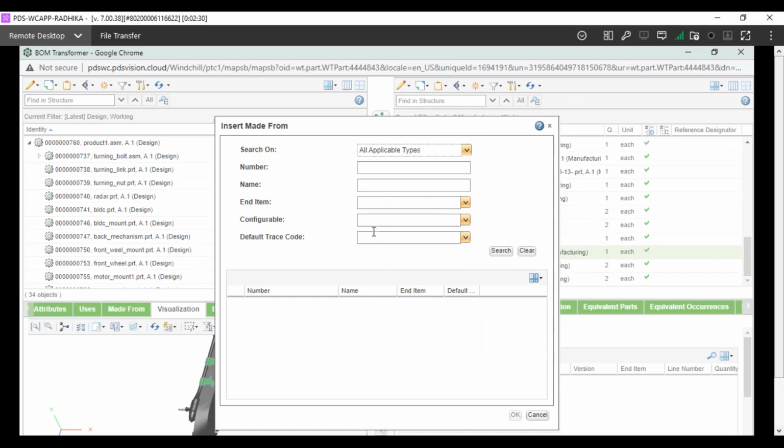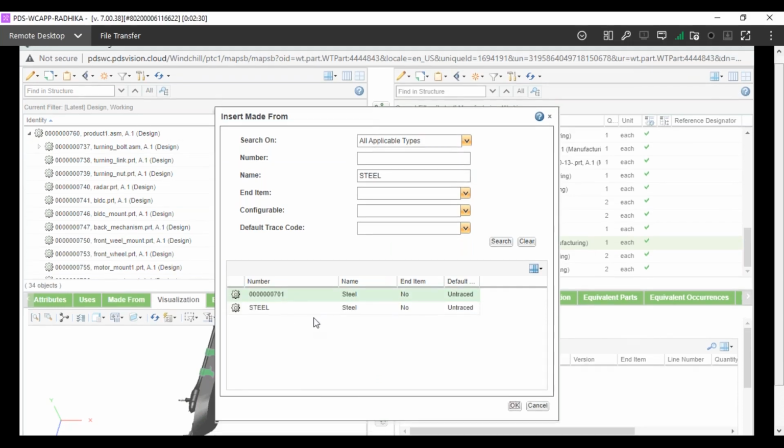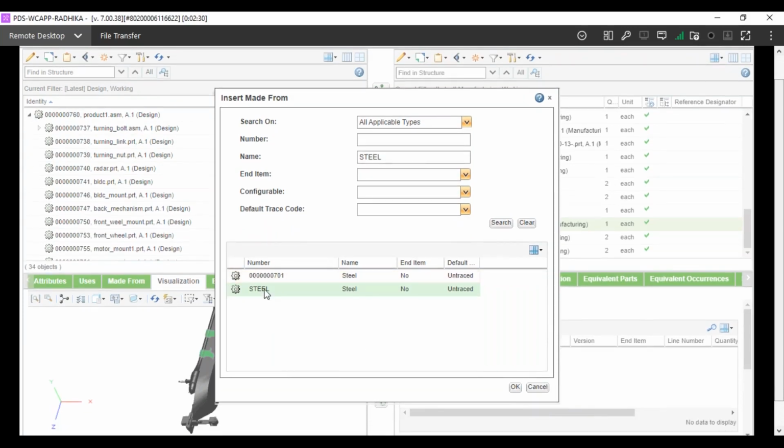And here I can search for my steel part, you see. So let me use this one. Now this steel is a normal part in Windchill. It's not any other type of subpart or any other raw material object. It's just a normal part in Windchill you can maintain as a raw material, and you can associate it to